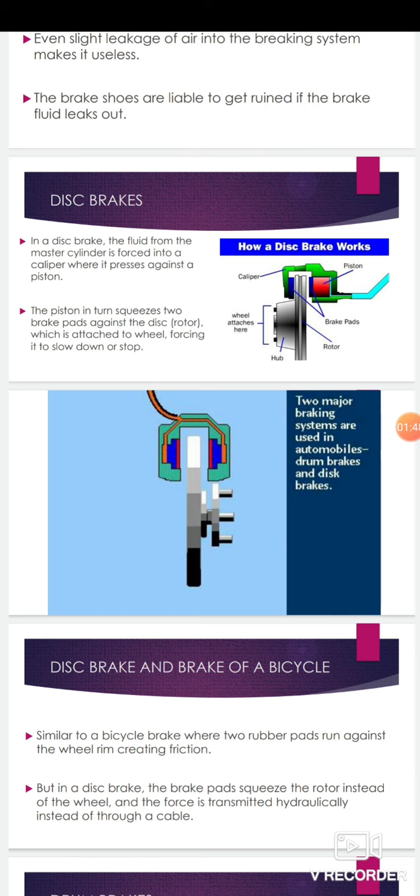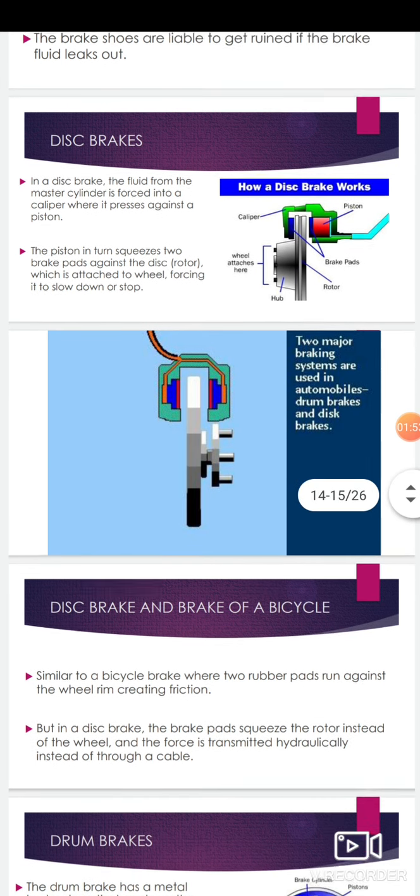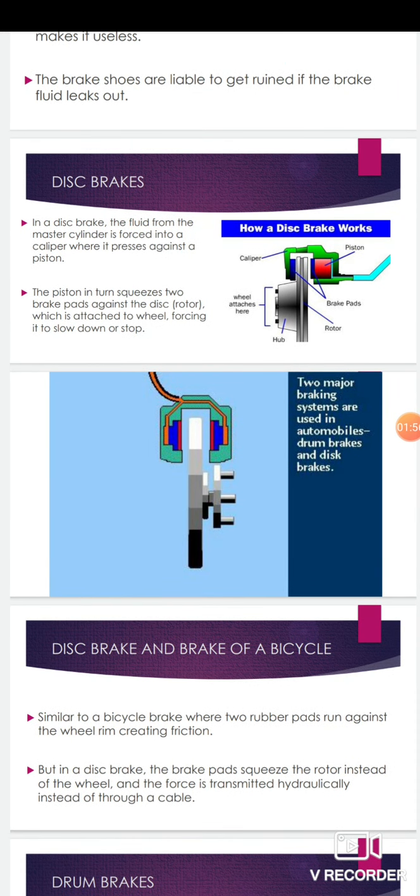When we apply the force on the brake pedal, this brake pedal acts through the master cylinder and then the capillary tubes. These capillary tubes give the pressure towards the rotor through the brake pads, and when they come in contact with each other, it tries to stop the rotor slowly as friction is developed between them. So these points are discussed here.